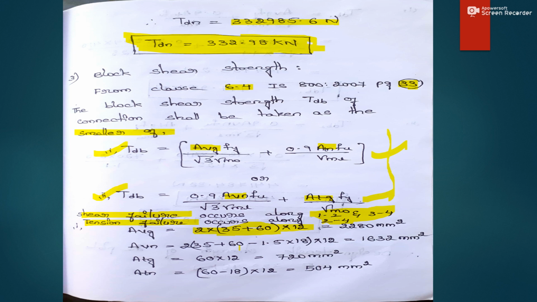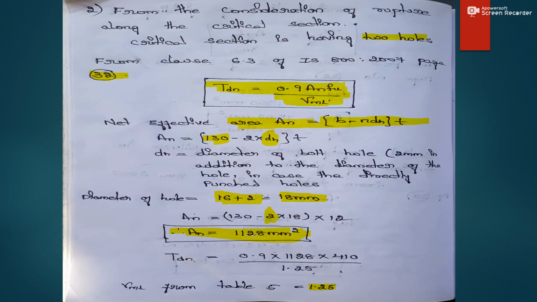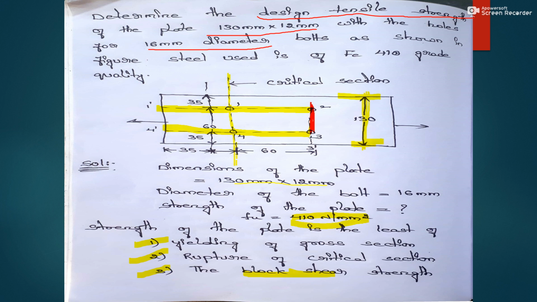We have taken it as 2 multiplied by 2 and into 12 thickness. Okay. So here what we are doing? We are calculating the net area, right? Net area, not gross area. Gross area we have calculated already. So net area we are calculating.